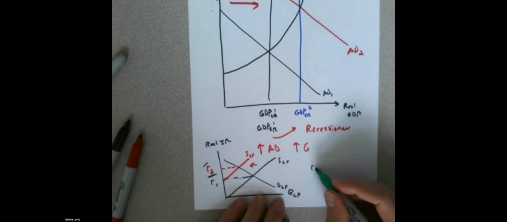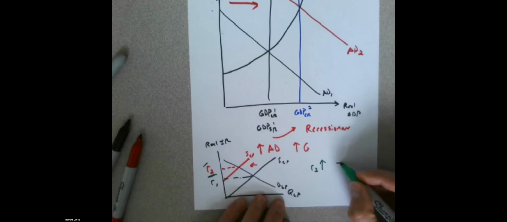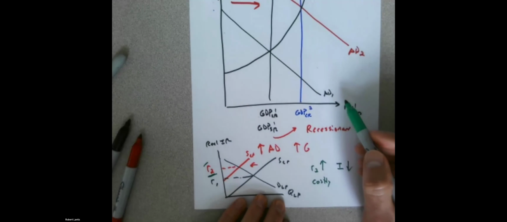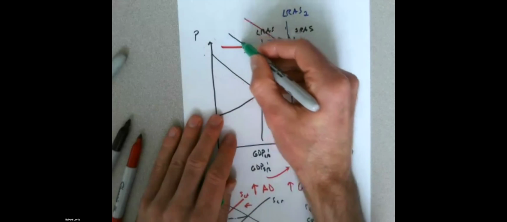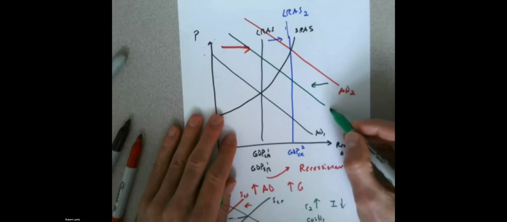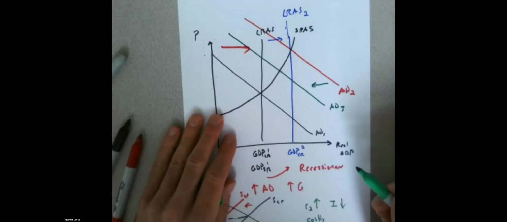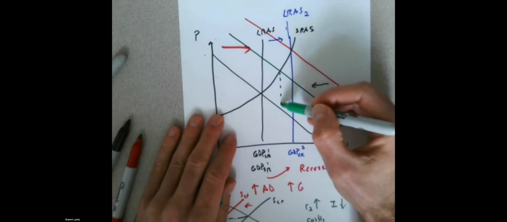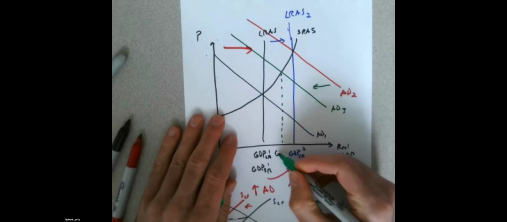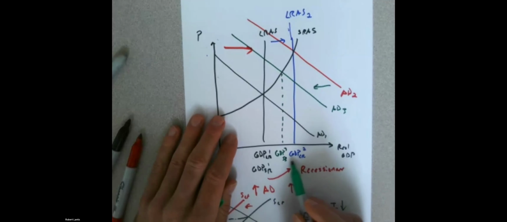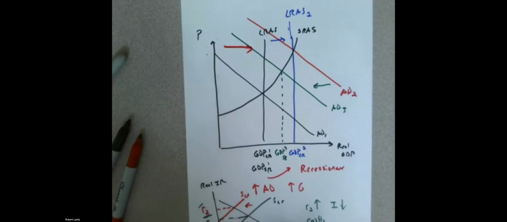When interest rates go up, what happened to investment? Well, it's now more costly to borrow. Firms invest less. That was one of the components of aggregate demand. So that actually would cause our aggregate demand curve to decrease. Well, now where is our new short run after that secondary effect? Our new short run GDP is now too low. So that secondary effect caused a recessionary gap, right?